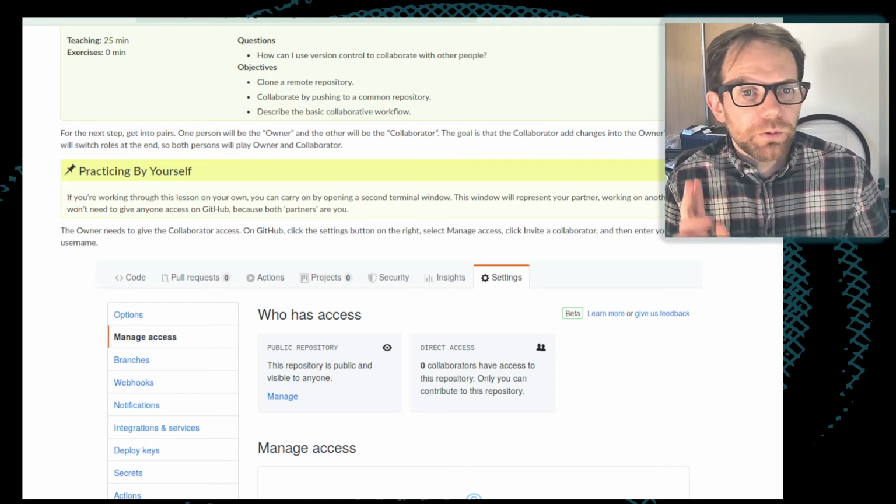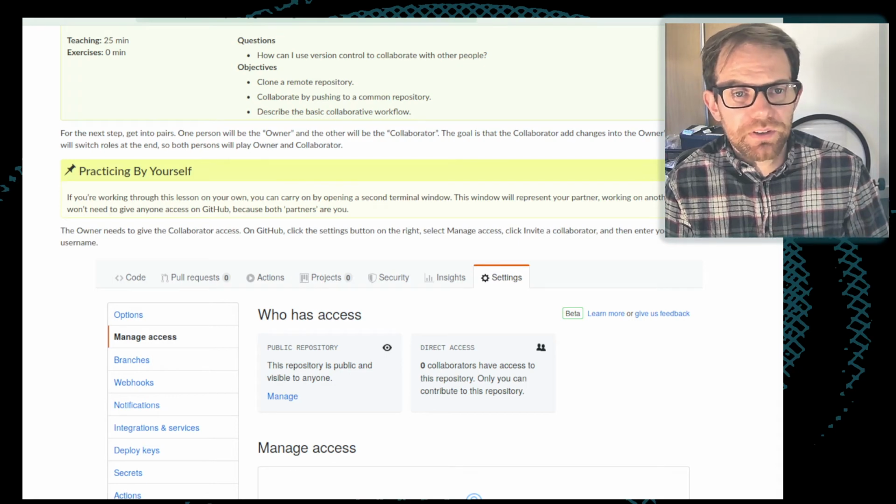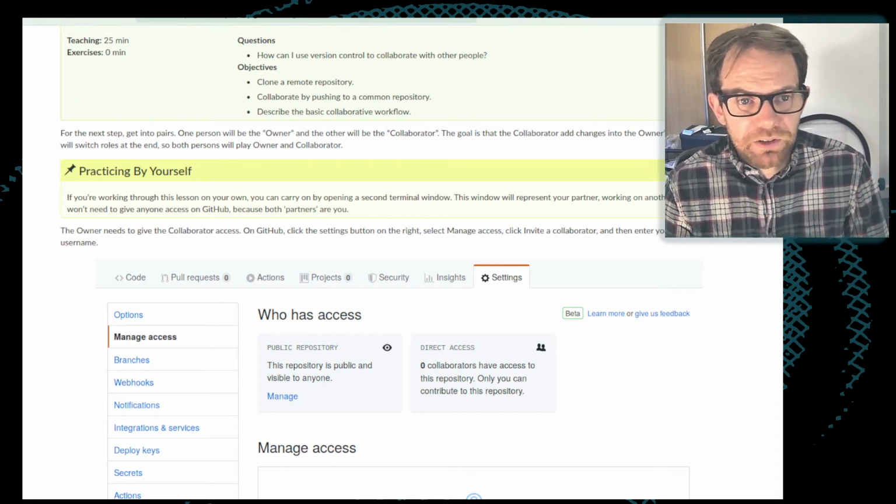Now, there are two different ways of managing people sending you updates, so pushing things to you. One is that they can have direct access to the repository, so that they're able to push changes to the repository themselves.